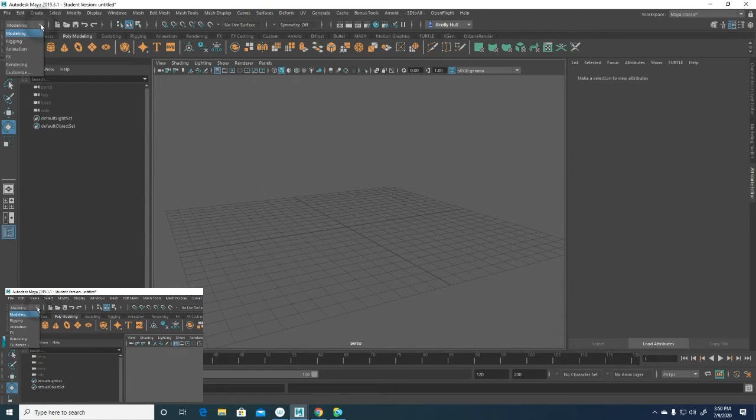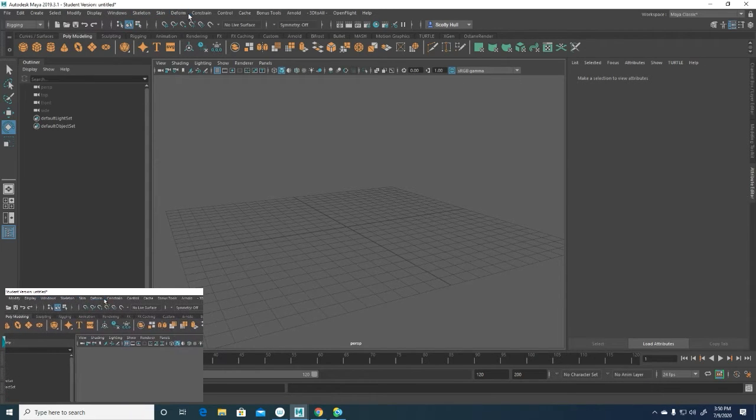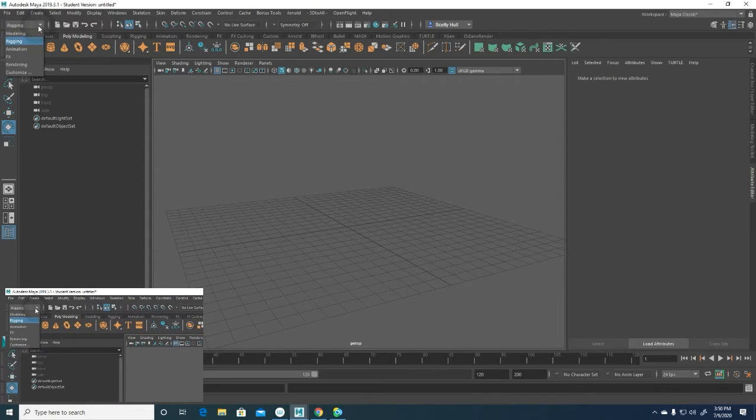But if I was just to change this to something like rigging, okay, now remember, from Windows over, you can see these new choices. Some of these will always be here, like Arnold and 3ds Max. But let's go back to modeling here, and you'll see again that